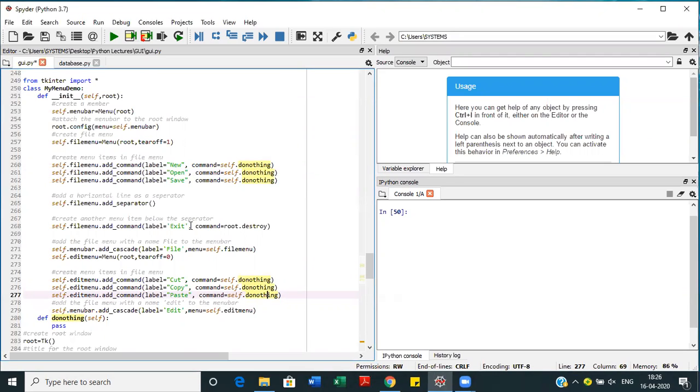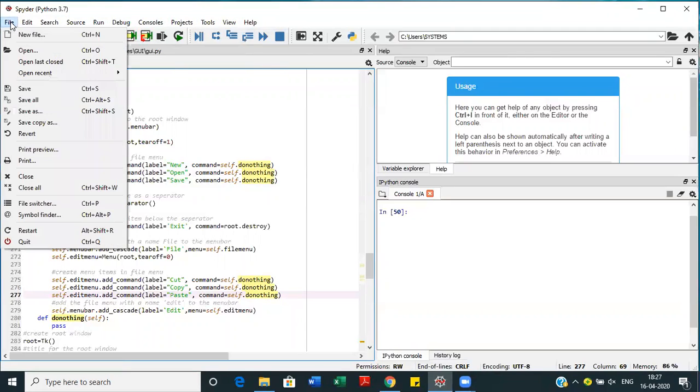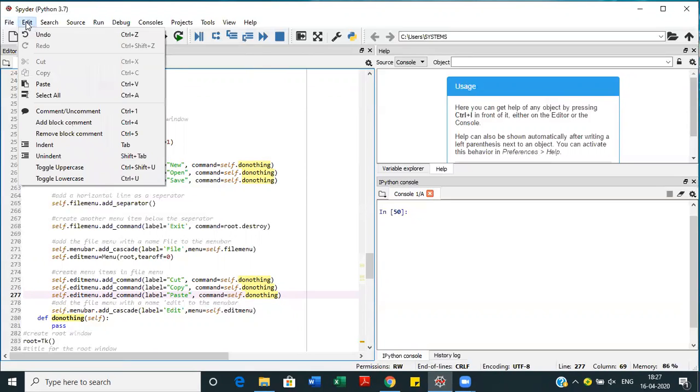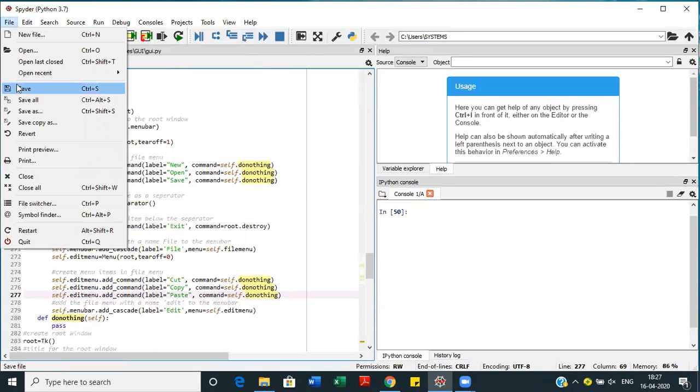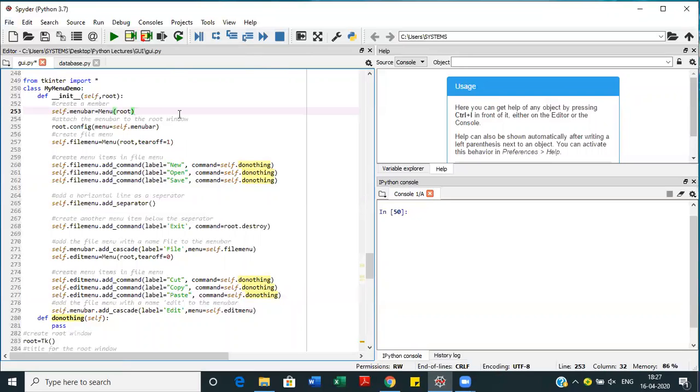So let's start with the first widget, that is menu widget. But before that, let's understand what a menu is. As you can see on the top of the screen, we have File, Edit, Search, Source, Run. All these are nothing but the menus that we are providing. The bar on which these menus are provided is the menu bar. And once you click on a particular menu, we get the menu items, that is Save As, Save Copy As, etc. These all are the menu items.